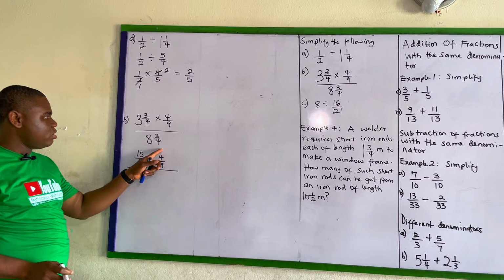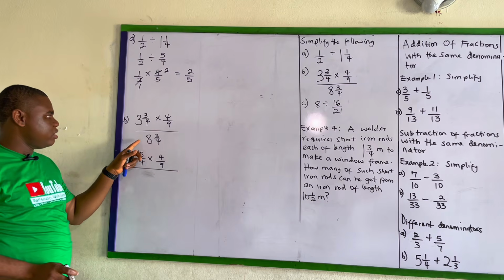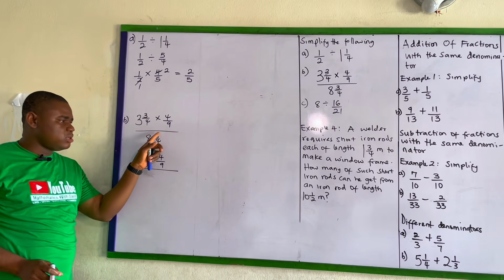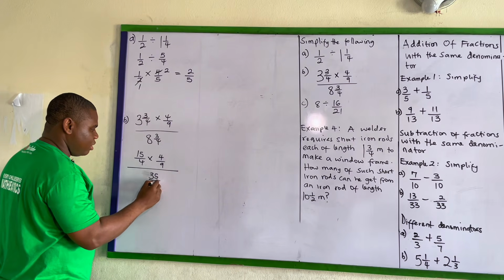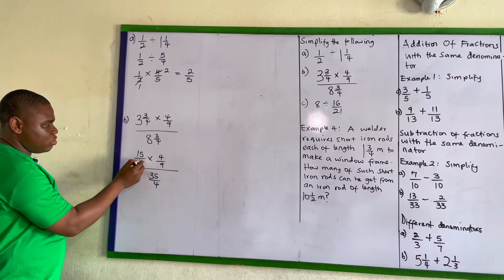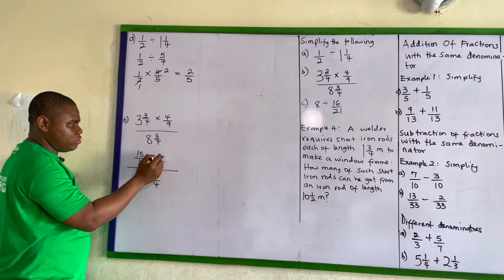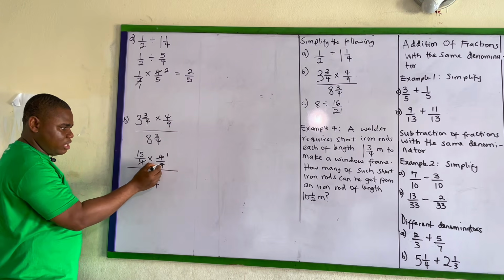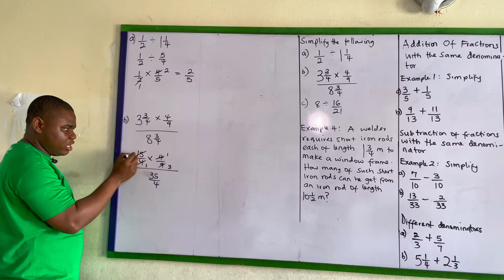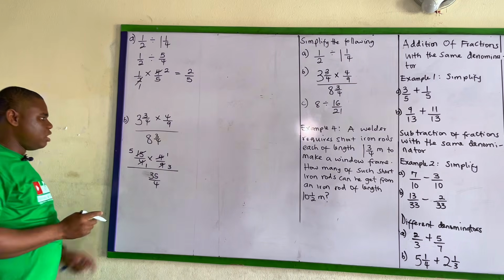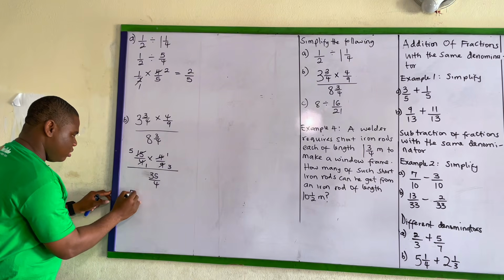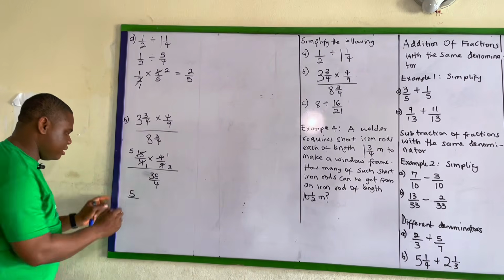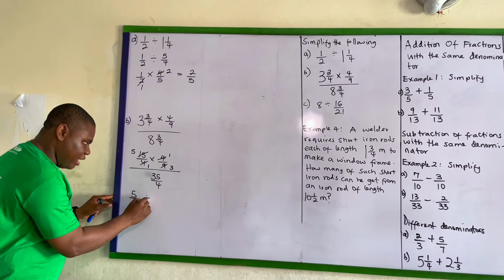So 4 times 8 gives me 32. 32 plus 3 gives me 35 over 4. So in this case, 4 goes into itself 1, goes into 4, 1. 3 goes into itself 1, 3 goes into 15, that's 5. So I've left 5 times 1 is 5, 1 times 3 is 3, divided by